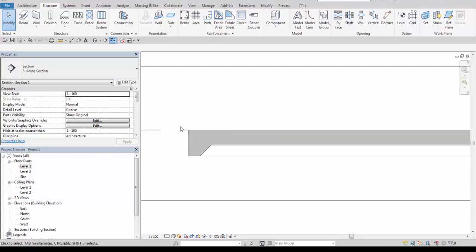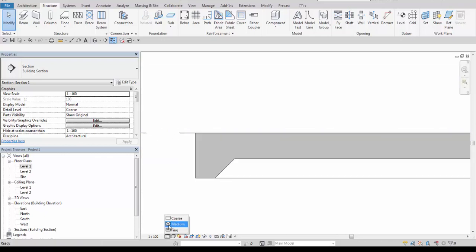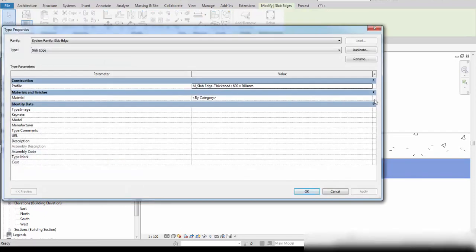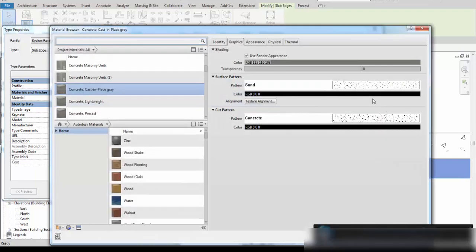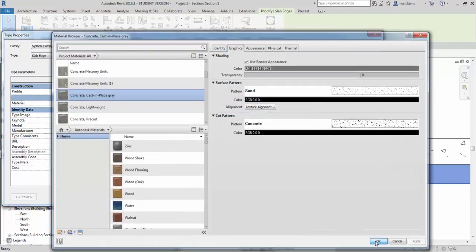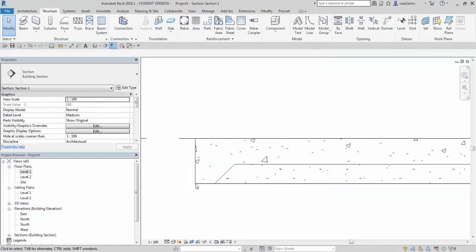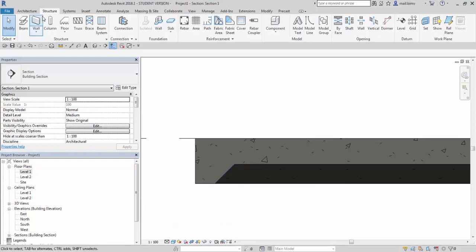Let's see how it looks. I will increase the precision and change this material also into concrete cast in place. Okay, and okay. Now these two elements are joined. I will switch to shaded view, and when I go to structure, rebar,